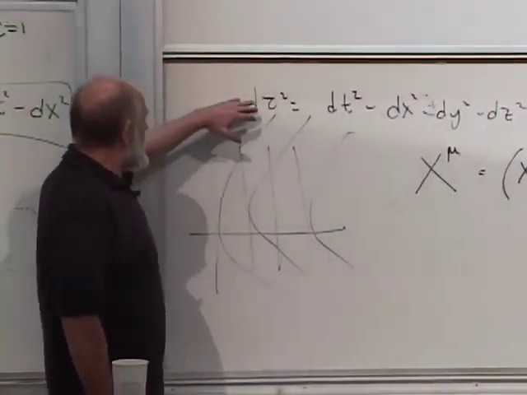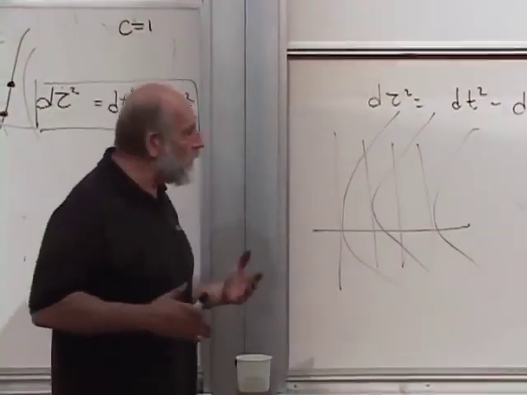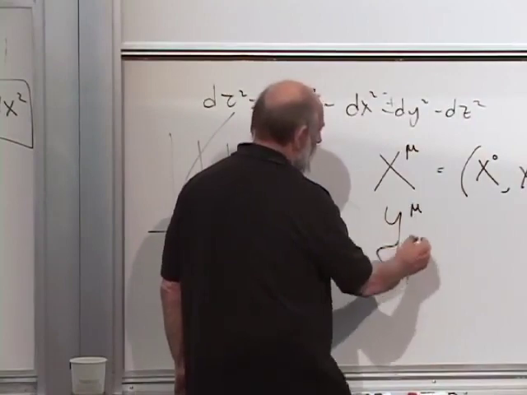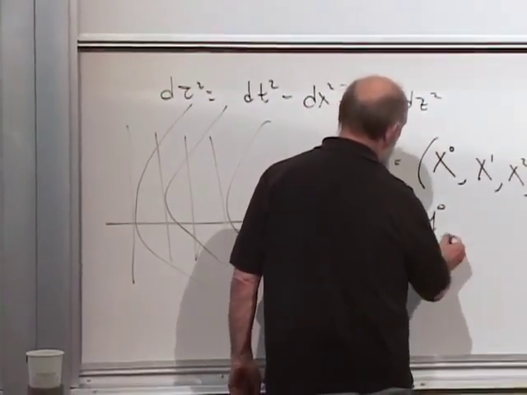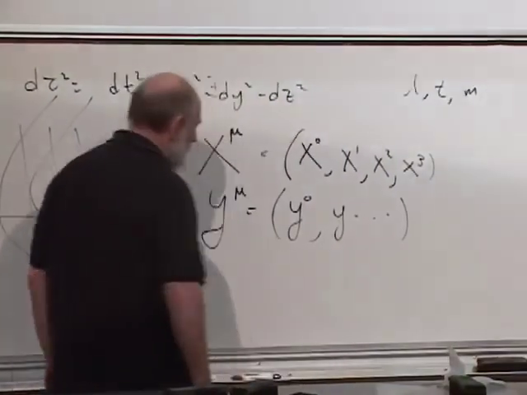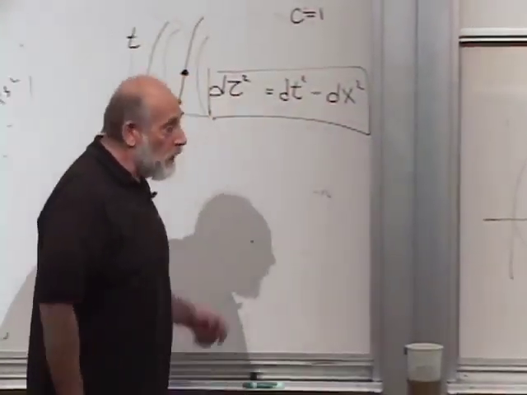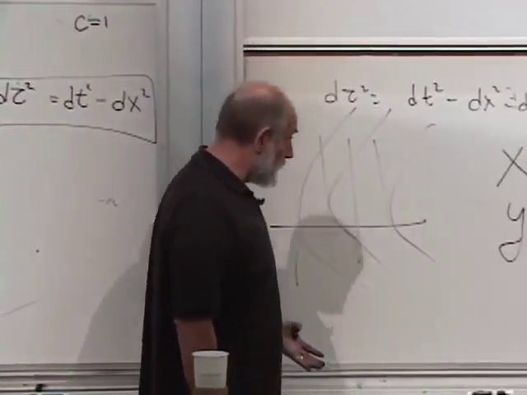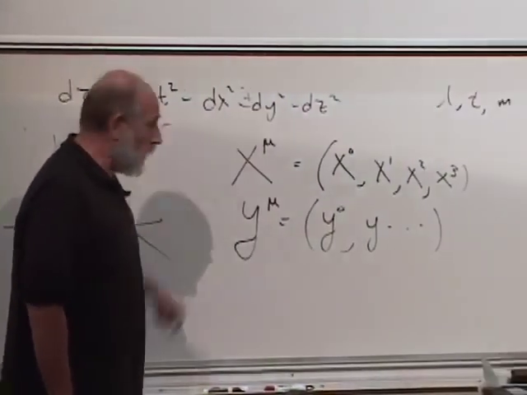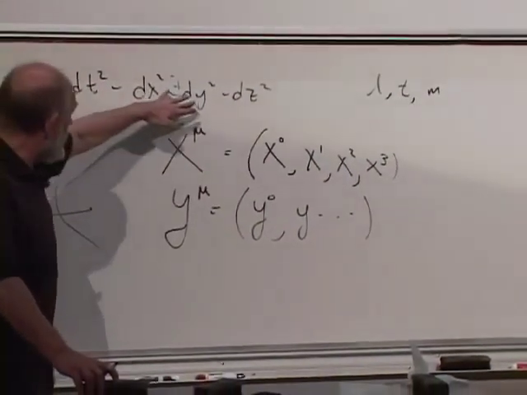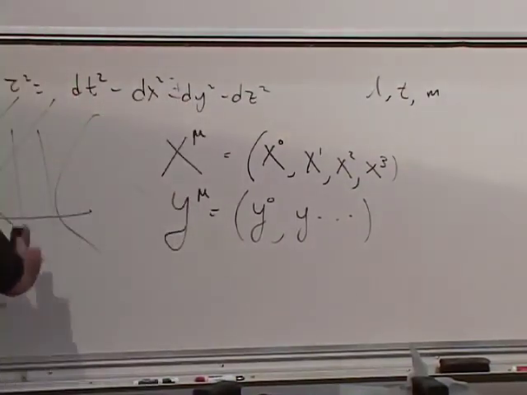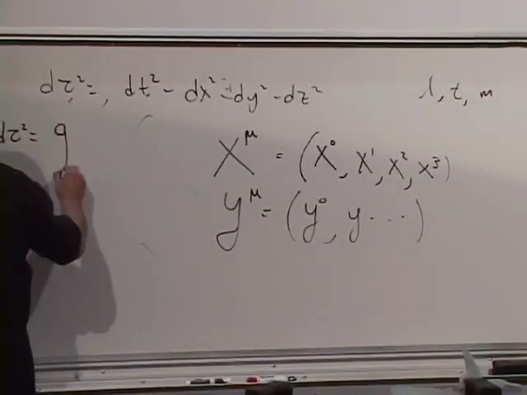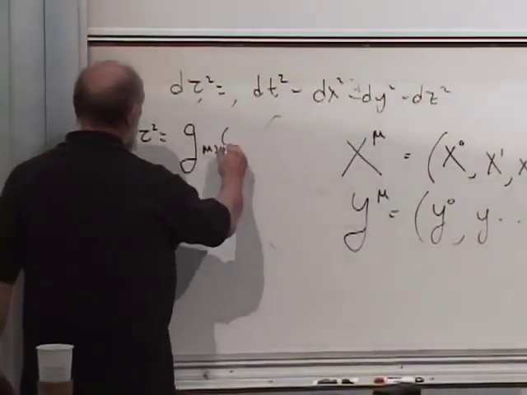so what's the natural generalization of this formula when you introduce new sets of coordinates? Let's call them y mu now, which also has a time component and 3 space components, and assume that the y coordinates and the x coordinates are related to each other by coordinate transformation. Then what's the natural analog, or the generalization, I should say, of the simple special relativity formula? It's exactly what you might expect. D tau squared is equal to g mu nu of